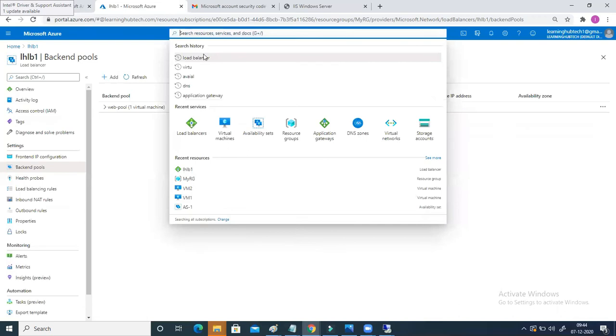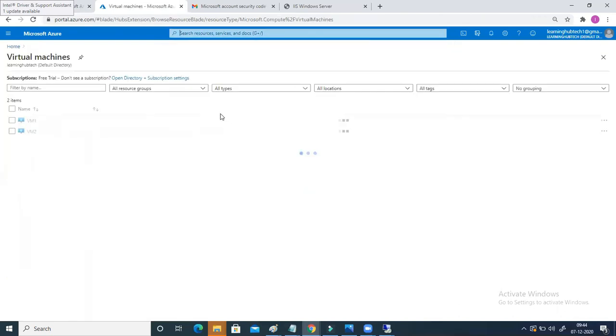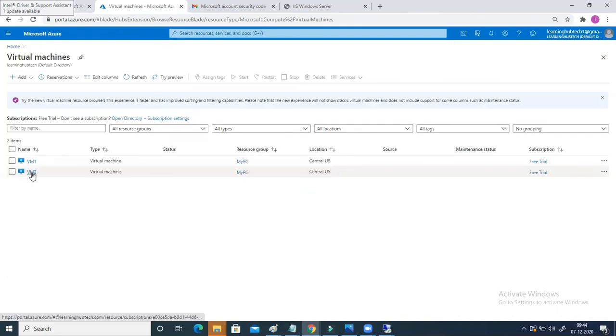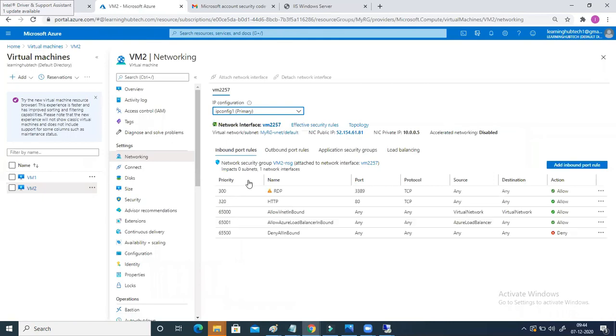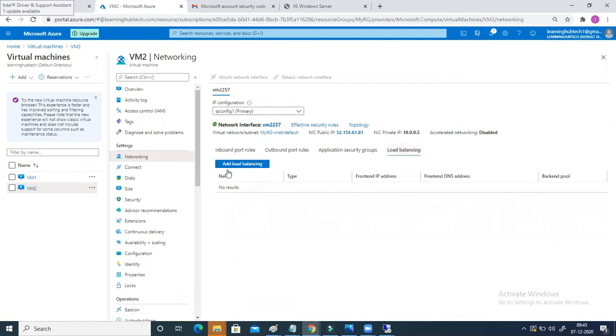Now I'm going to add the second VM. What is that second VM? That is VM2. So open this VM2, go to networking, and here you have the option called load balancing. Inside networking, this is the option called load balancing. Click on it. Now you will get an option to add load balancing, so click on it.